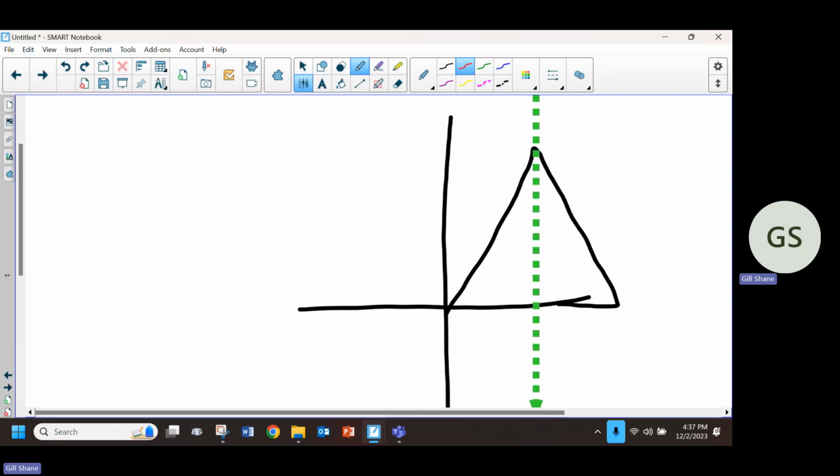Yeah, red will work. So let's say this is my y-axis up here. This is the x-axis down here. And then we said, if I know that I have drawn a line down the center of that triangle, and I would be given that the triangle itself is an isosceles triangle, somehow. It wouldn't necessarily have to be these two sides, but somehow it's an isosceles triangle. That allows me to